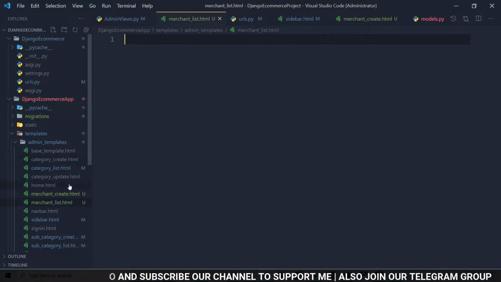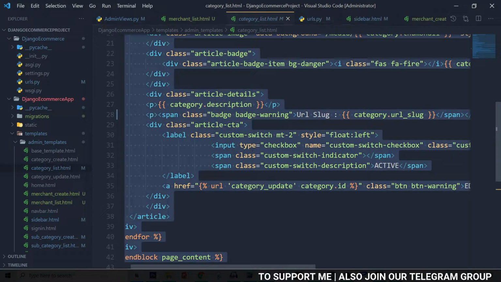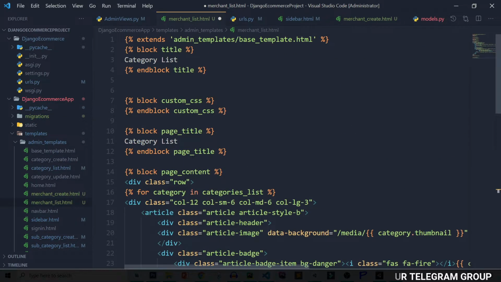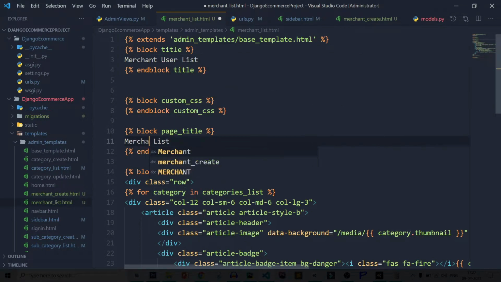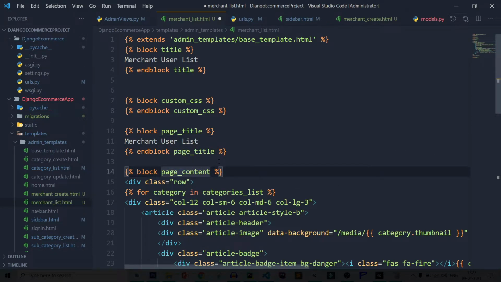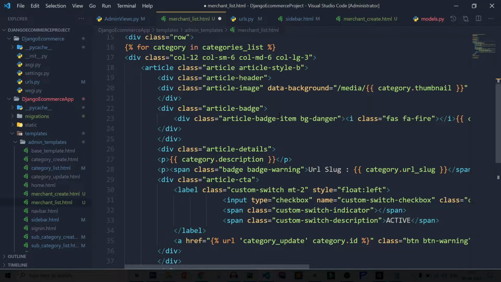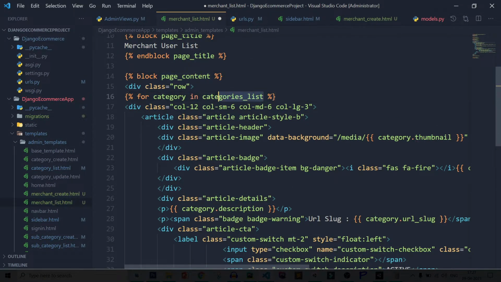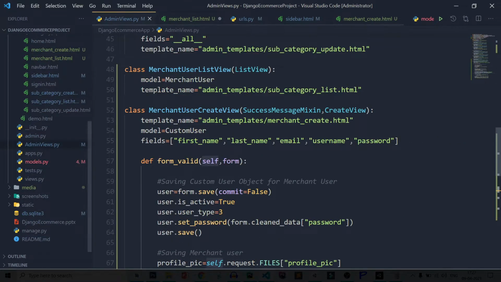And let's copy the data from category list. Copy it first, paste it here, then show merchant user list, merchant user list, and here merchant. Let's see the model name. So merchant user, and I have also seen the template. So merchant list,